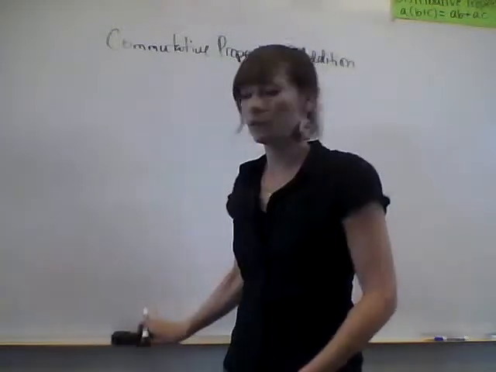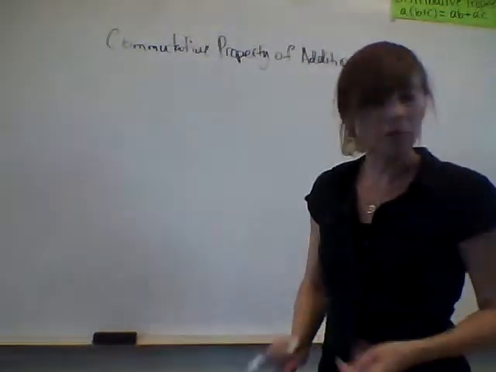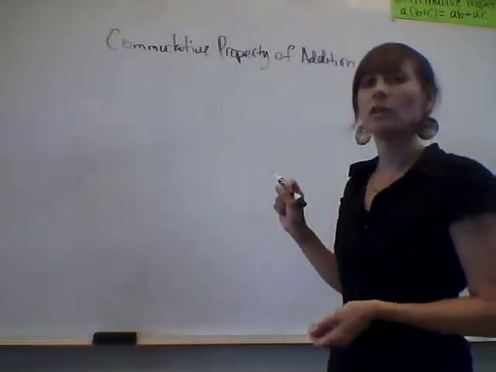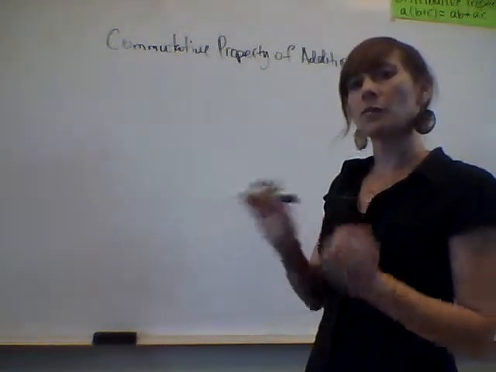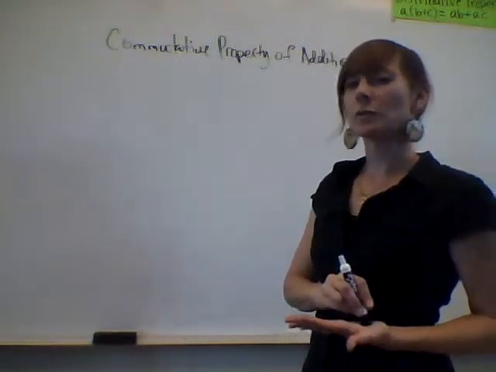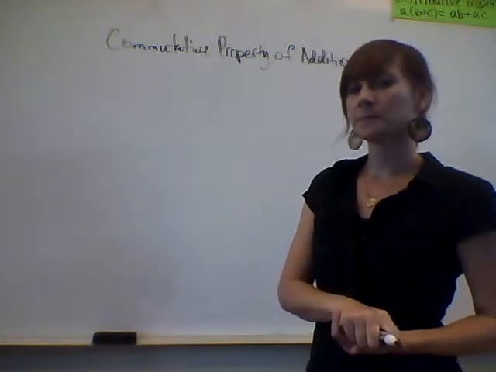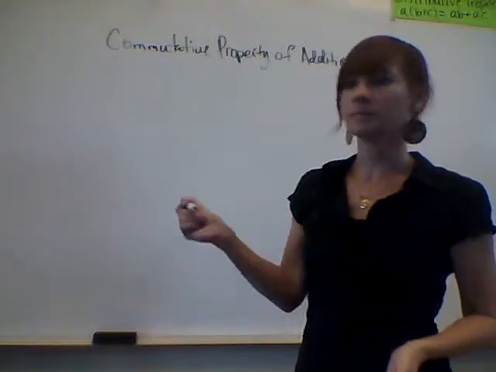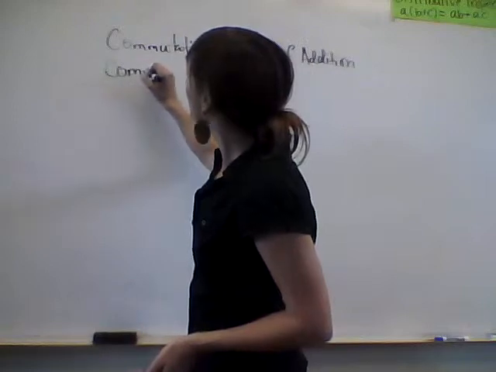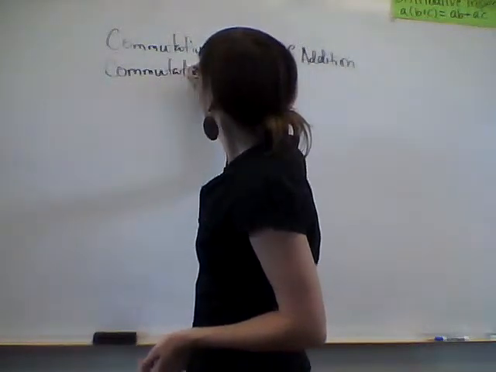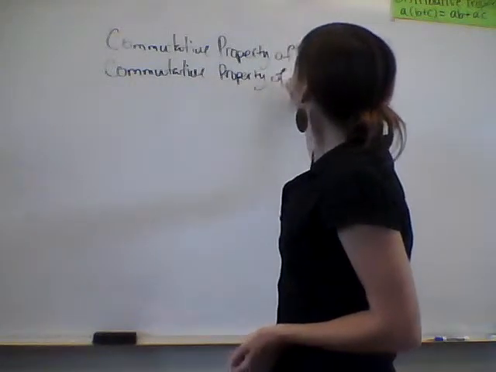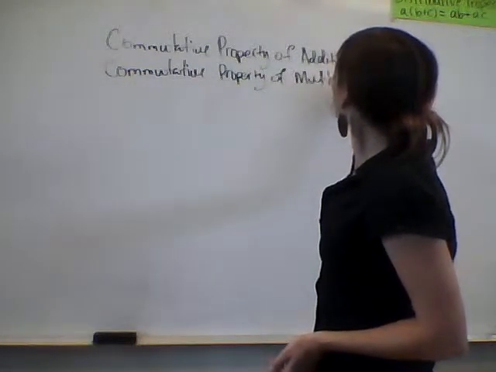The next property is called the commutative property of multiplication. The same is true for multiplication. If you switch the order of the numbers that you're multiplying, you still get the same answer. And remember what the answer to a multiplication problem is? Begins with a P, product. So the commutative property of multiplication